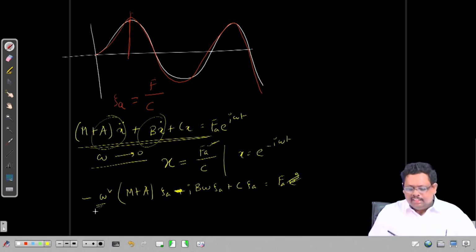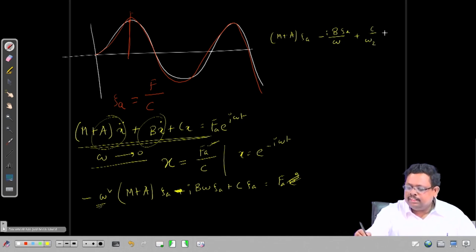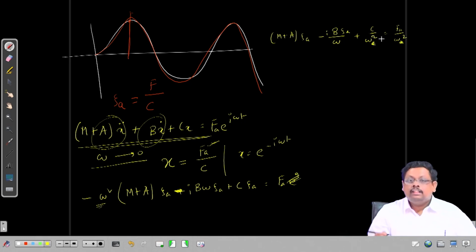Now, if you divide the whole thing by omega square, then (m plus a) is free of omega, multiplying xi a, minus i b xi a divided by omega, plus c divided by omega square, equal to f a divided by omega square. Oh, sorry, it is not 2, it is omega square. Yeah. So, what is happening in that situation, you can see that in the high frequency region your added mass becomes very important,